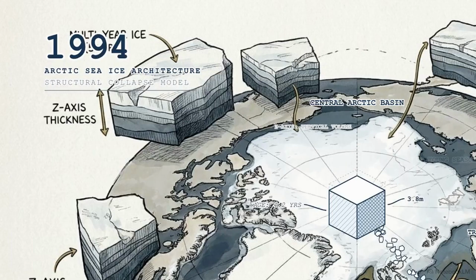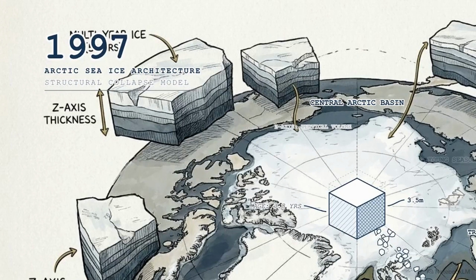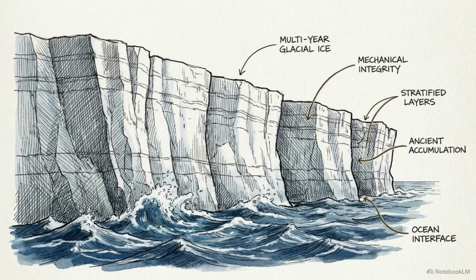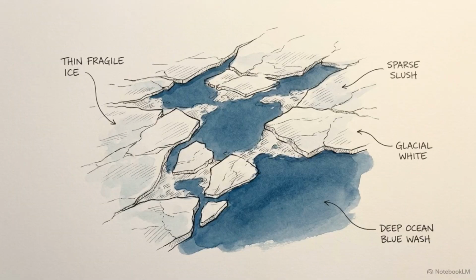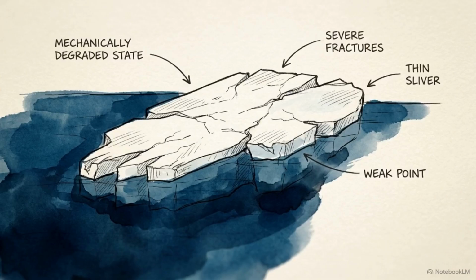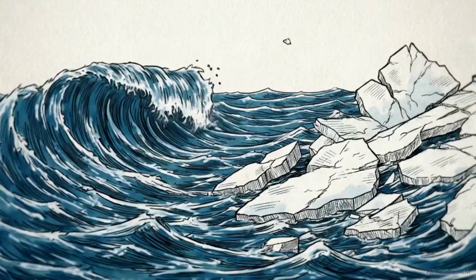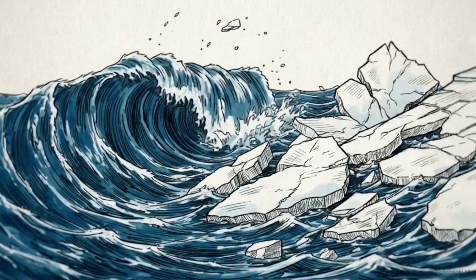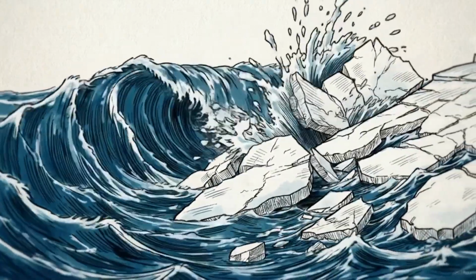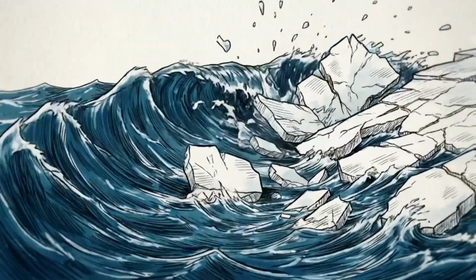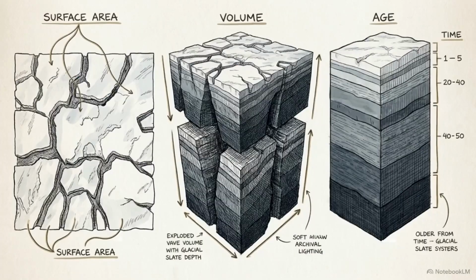As we advance through the satellite era, this older ice is transported out through the Fram Strait, or melts as the ocean warms. The Arctic has transitioned from a stable environment of multi-year ice to a regime defined by thin, seasonal ice that forms and melts within a single year. The ice present in the Arctic today is younger, thinner, and lacks the mechanical strength of the ice pack from the late 20th century. To see the full scale of this change, we must evaluate all 3 metrics side by